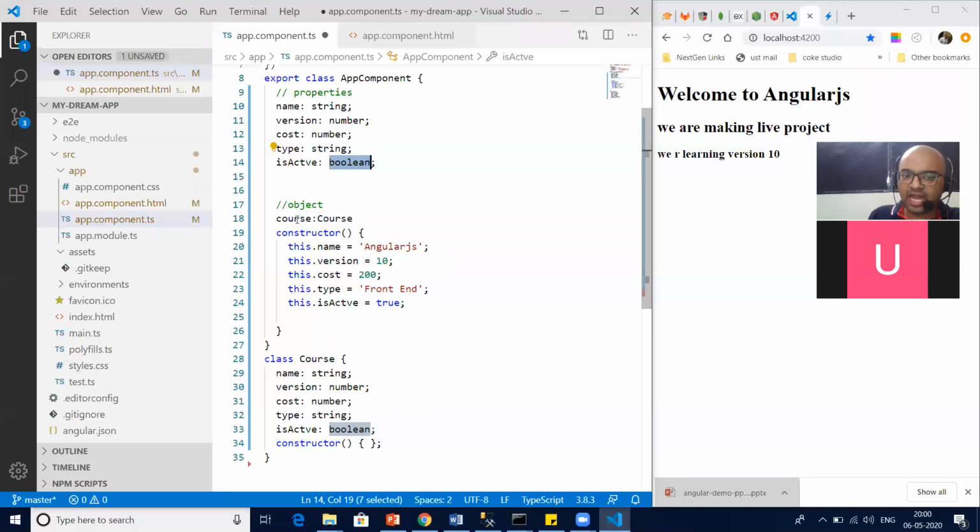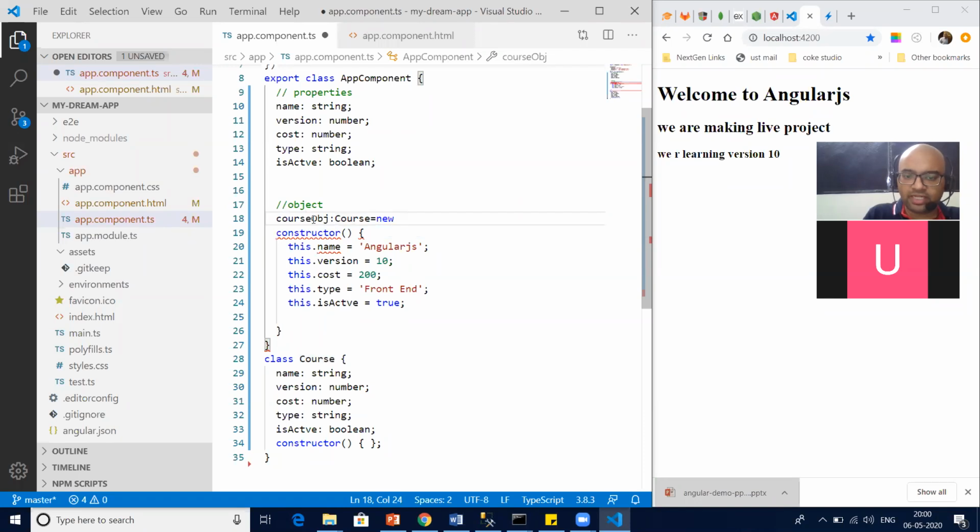Similarly, I created a course property which is of course class type, course object I should say. Let me write course object so that you will not get confused. So I created course object property, or in simple, let's say C property, any name I can give it, right? So course object property is of course type. Do you agree or not?